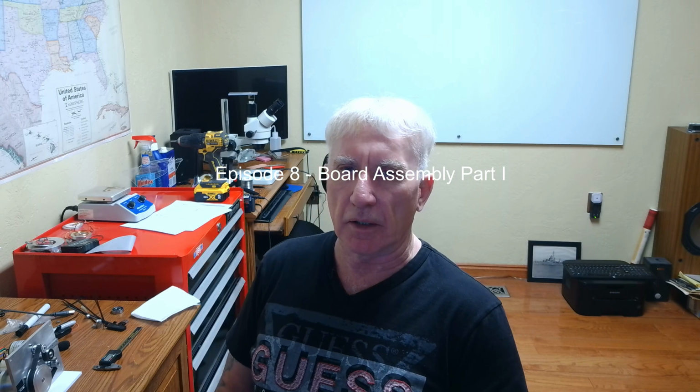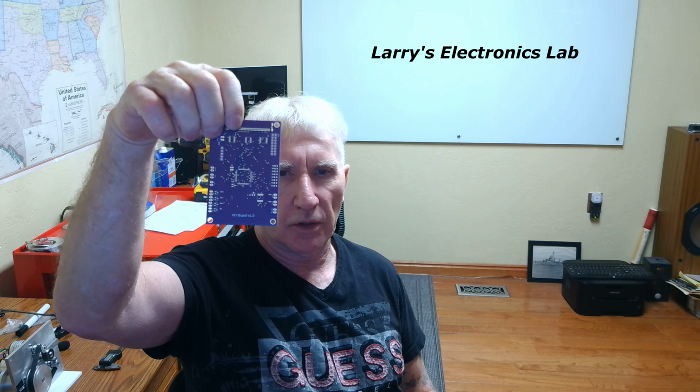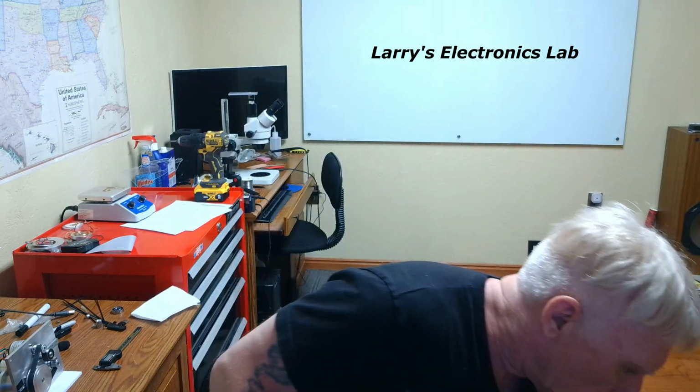And here we are in the lab again today, and I got a shipment from PCB Way, and so that means that I have new cards for us to put together, because I also got a shipment the other day from Mouser. So we have parts. So that's the next step, is I usually stick the board under the microscope